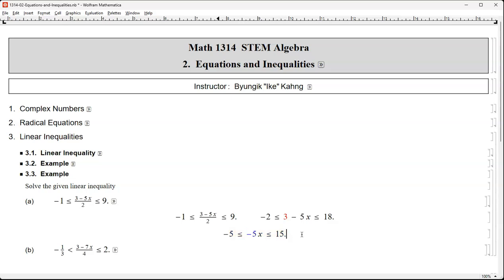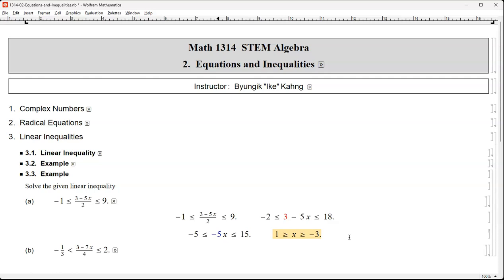Now, the problem is this one. So I have to divide away. How do I divide away? Divide away by negative 5. Divide negative 5 from negative 5, we have 1 x, and divide negative 5 from 15. That's what you're going to get. I divided by negative number, so I have to flip the direction of the inequality, and this is okay, but